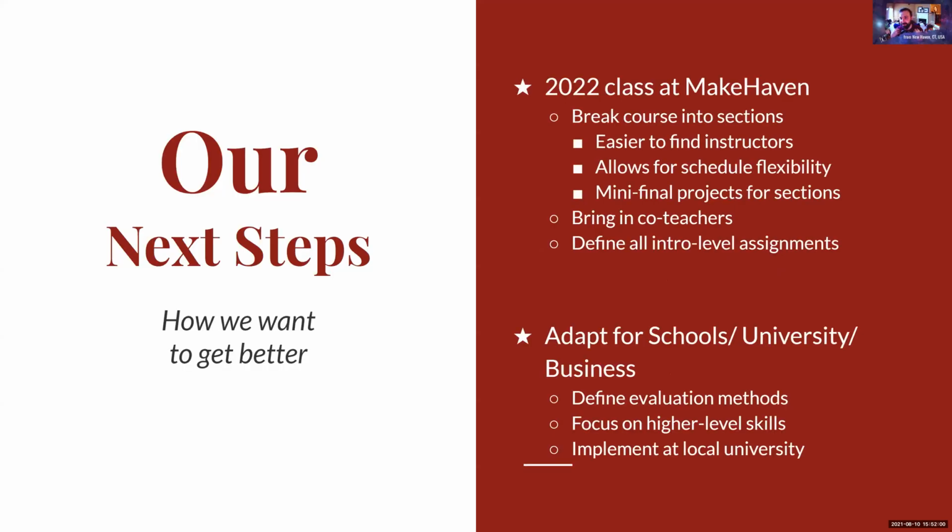What are the things that we want to do and that we would invite you to do if you're interested? Our next steps are to be ready for the 2022 class at MakeHaven, which is just about 6 weeks away. We hope to start that class from when we're having this talk right now. We want to break the course into sections. We did the last one as like a whole year, you're in or you're out, but we want to break